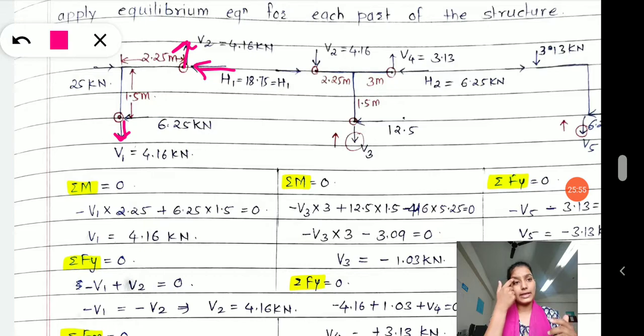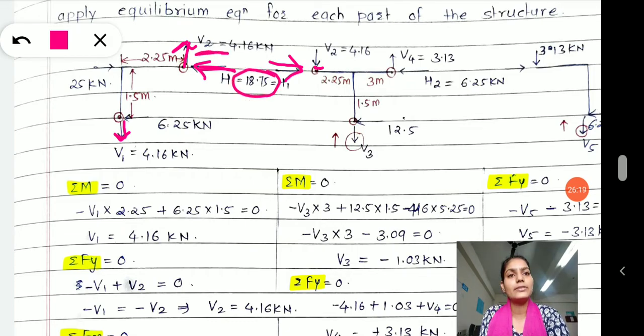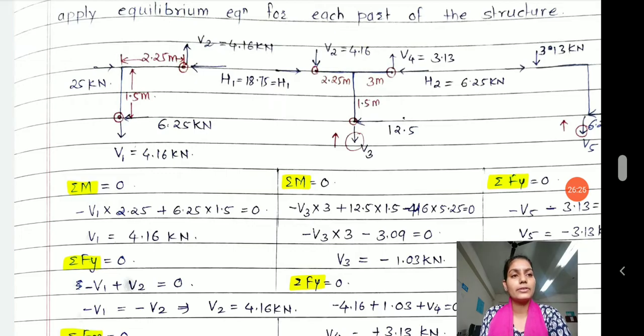Now look into the next frame. Here the force is acting horizontally, going into the centroid or a point here, in the opposite direction. If it is moving towards the left-hand side, it will move towards the right side. That is how I am applying forces on the next system, but the magnitude remains the same. This force is acting upward, so this force will act downward, but the magnitude will remain the same. Okay, so I hope you understood this.